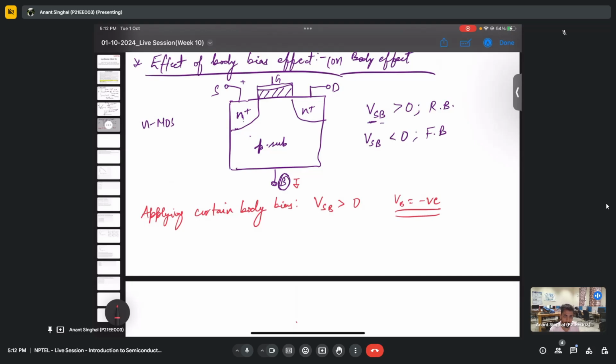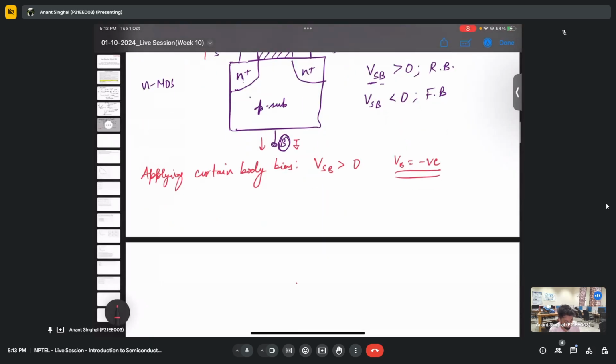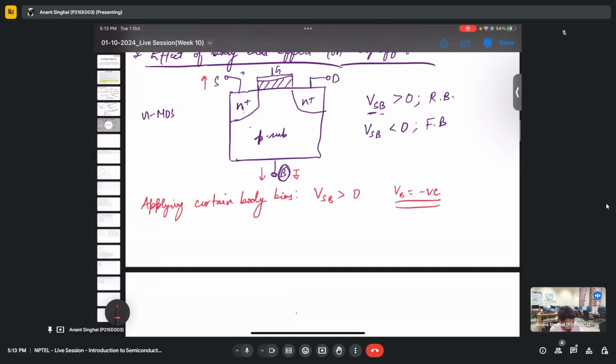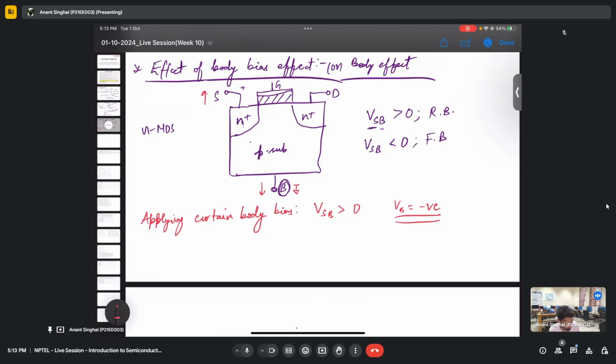Or if I try to explain in very simple words, we have a higher voltage here and a lower voltage here. Okay, sir. Yeah, but I'm changing the body voltage. The source is always at ground. So once it happens, as we have already seen, once VSB is positive, the PN junction that we have here is in reverse bias,